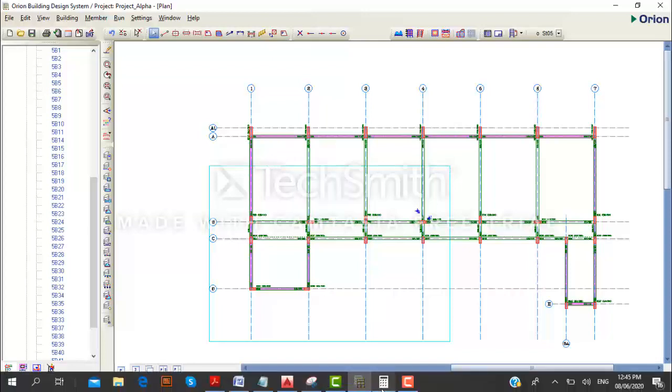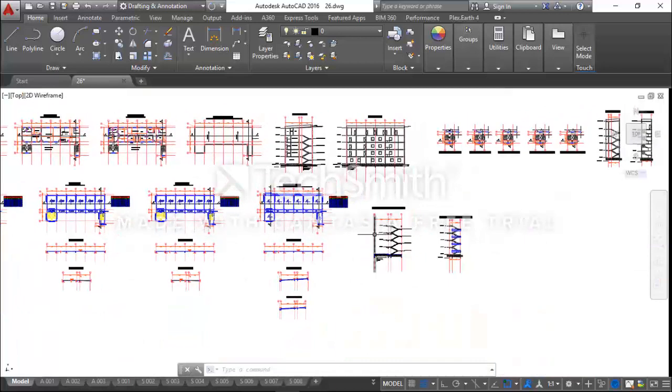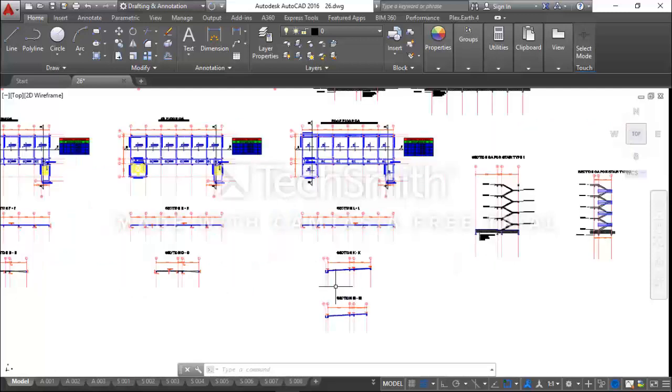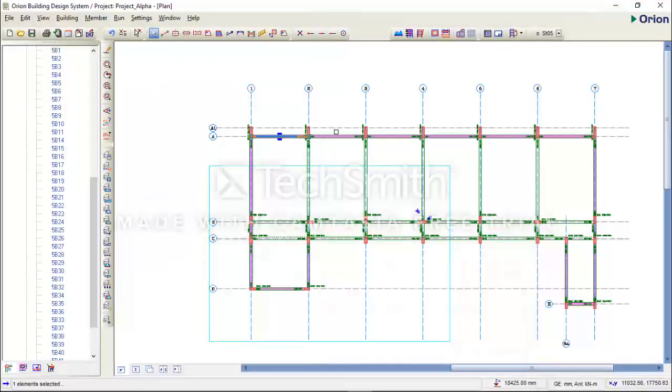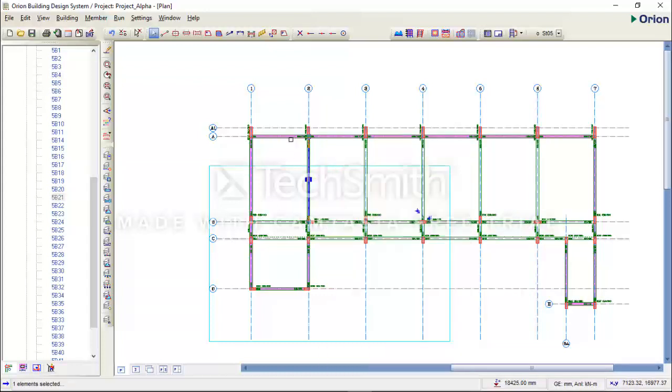In my AutoCAD drawing, which drawing can I reference now? In my AutoCAD drawing, you will see that this beam is not carrying wall load. The 750 beam at the line A is this wall. I can see it's not carrying any wall load. So I'm going to remove the purple color, the wall load along the line A. I'm going to copy an empty beam with empty wall load, and I'll paste it